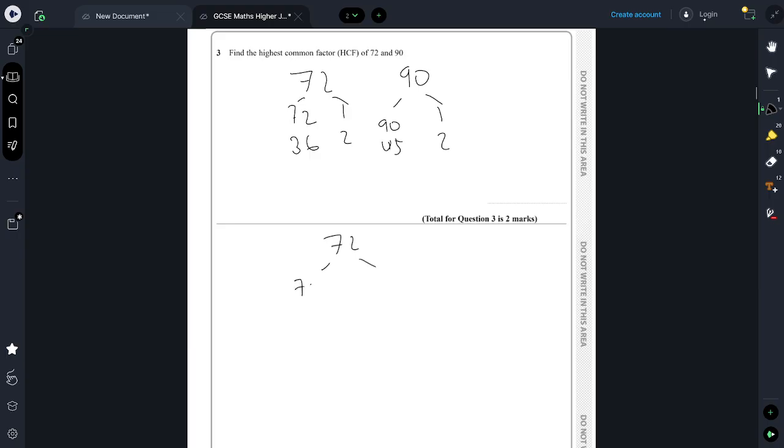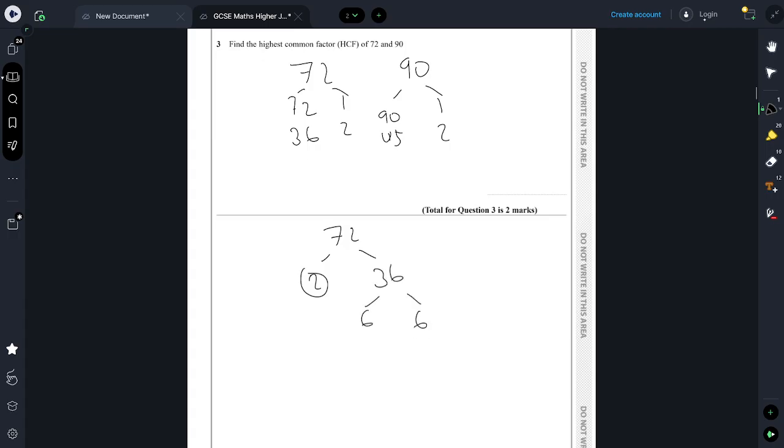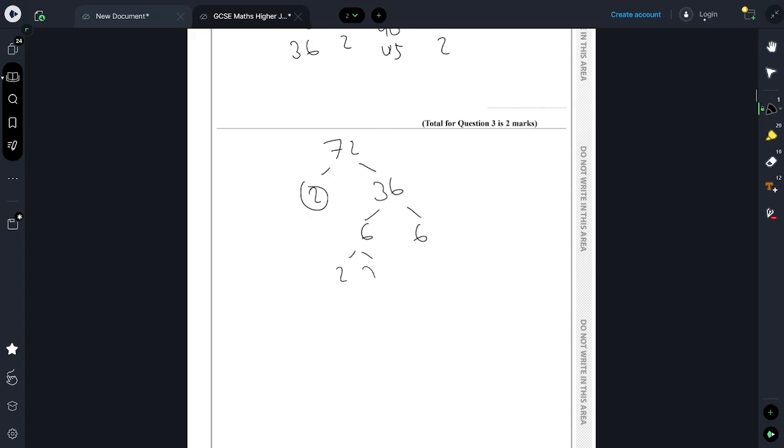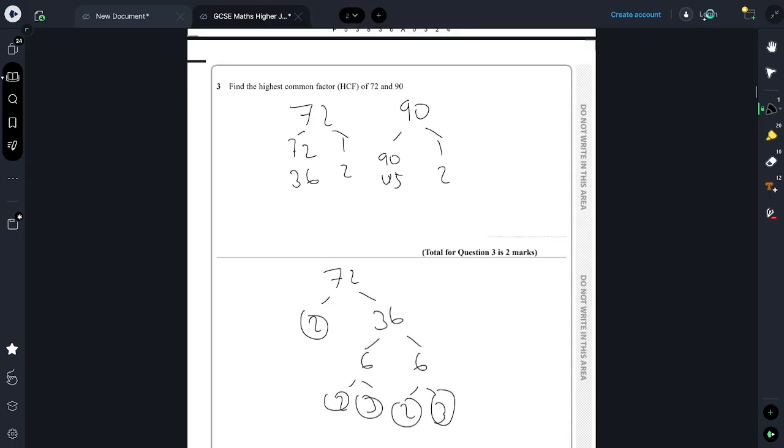So it'd be 2 and 36. 36 is 6 and 6, and then 6 and 6 is 2 and 3, and 2 and 3. And 90 is going to be 9 and 10. And that's 5 and 2. And 9 is 3, 3. So actually, 72